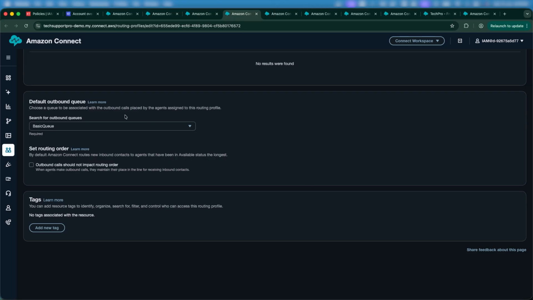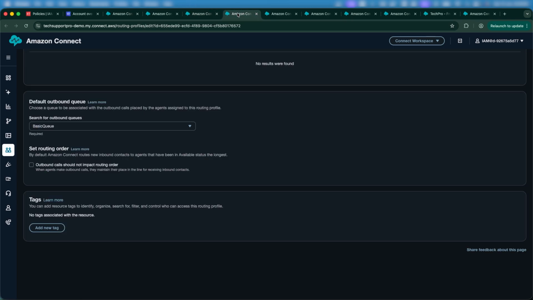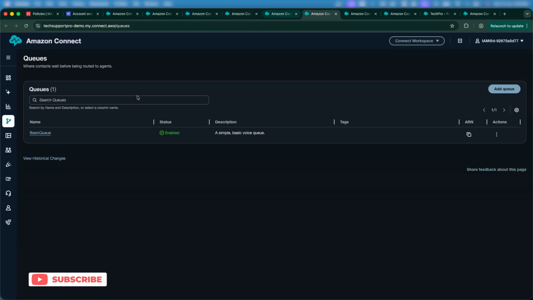Yes, this is very important. Because we want agents to be able to place an outbound call, every routing profile requires a default outbound queue. In your default outbound queue, there is a number associated with the flow. Remember, in our queue we selected a phone number, and we're able to make use of that number here. So if you come into the basic queue,